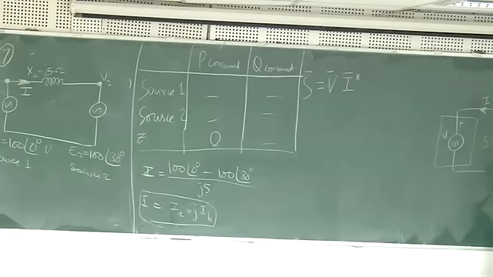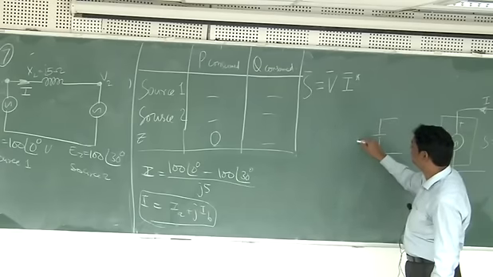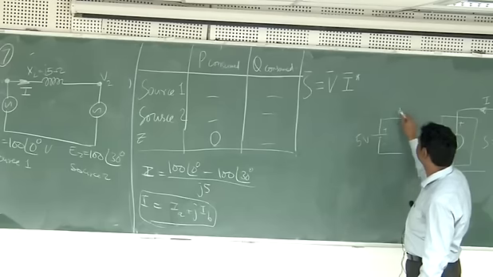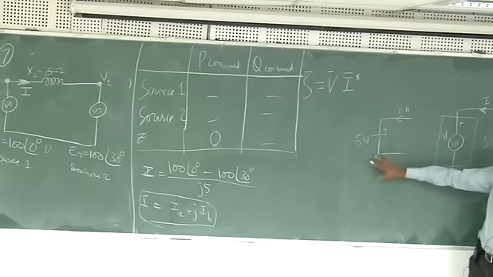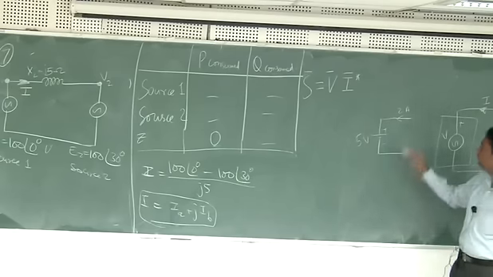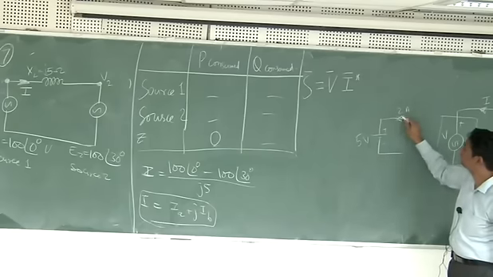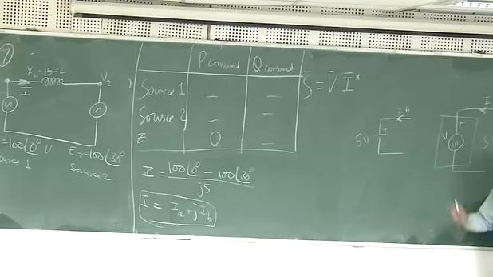Why is it like that? Just an example. Consider a DC example, 5 volts DC, plus minus, and then 2 amperes is flowing into the 5 volts. In this case the battery is charging. If the 2 amperes is going outside, the battery is discharging. So in this case the battery is charging, that means the power is being consumed. The same notation we use here also. Take the V plus minus, and if the I is going inside, then it is consumed.